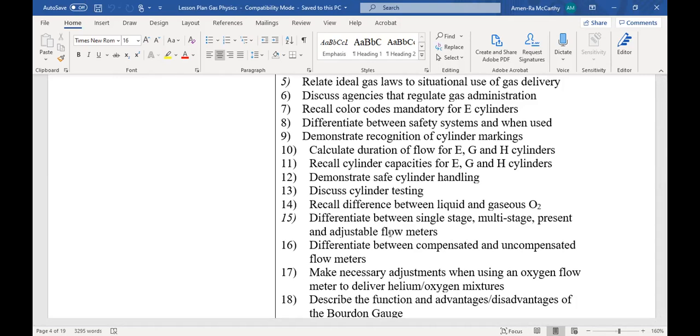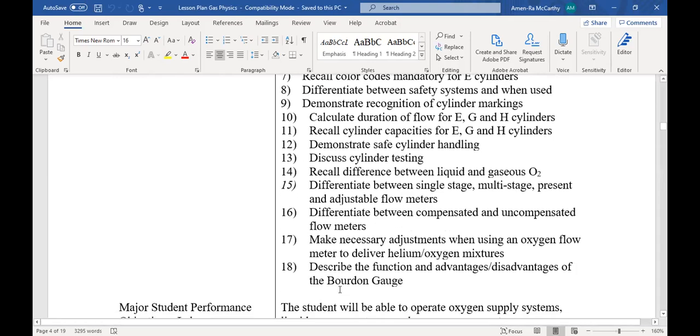Uncompensated and compensated flow meters, which is easy to understand. There's no more thinking like, hey, this is an easy set right here. So if you didn't do well on this last test, this ought to be a real easy A. You just don't take it for granted now. But if you study this one like you studied the last one, it should be a breeze.